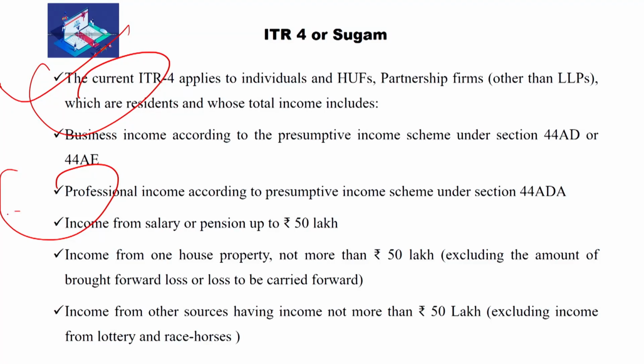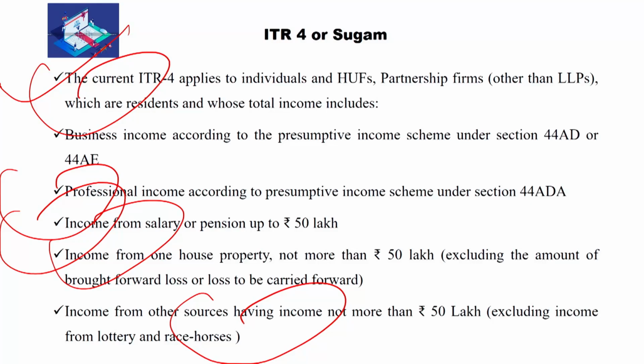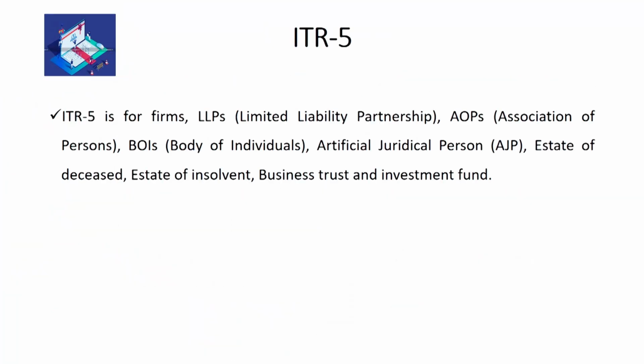Income from salary or pension up to rupees 50 lakh. Income from one house property not more than 50 lakh, excluding the amount of brought forward loss or loss to be carried forward. Dear students, income from other sources not more than 50 lakh rupees, excluding income from lottery and horse race. Dear students, ITR 5